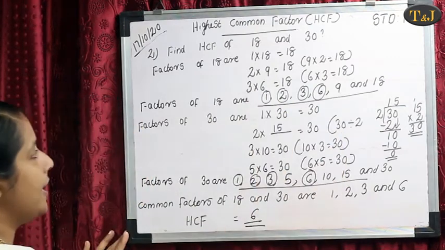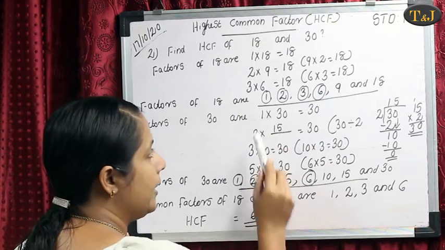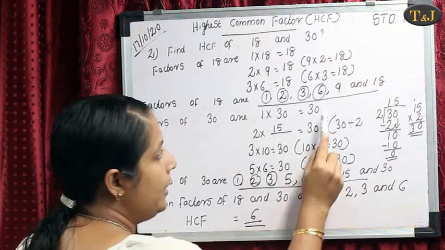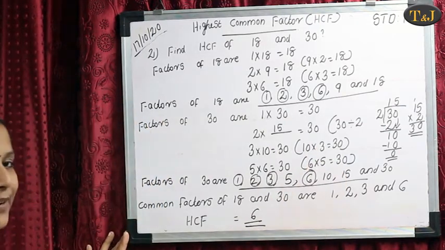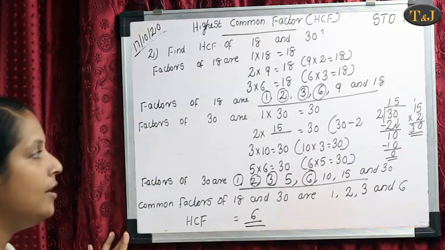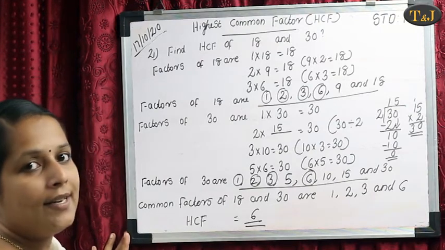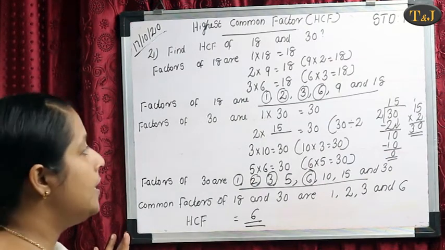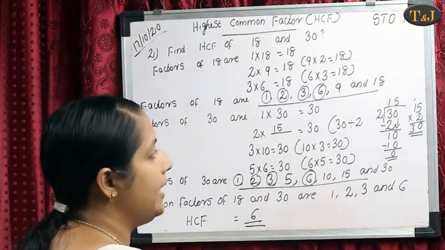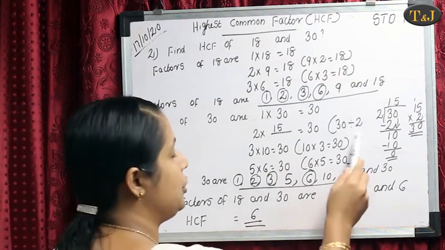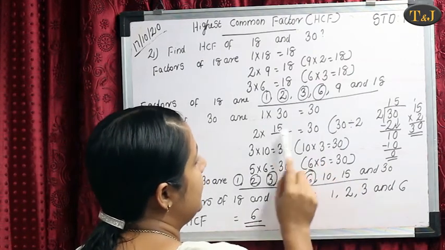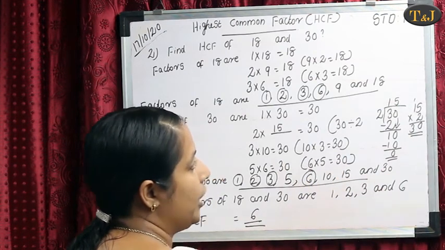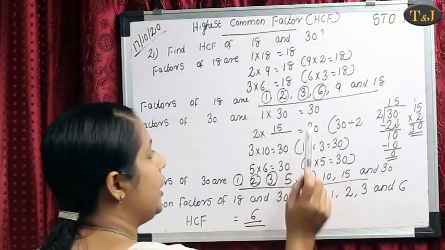Okay. Then next the factors of 30. Every table includes the number 1 as a factor of the number itself. So 1 multiplied by 30 equals 30. In 2's table is there 30? We don't know, while we are studying only 2 10s are 20. That means we study up to the 10 table. That's why in that case we use the division method. That means 30 divided by 2. 30 divided by 2 equals 15. That means 15 multiplied by 2 equals 30. So 2 15s equal 30.